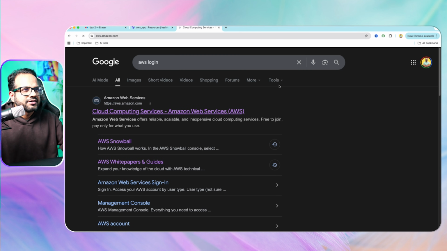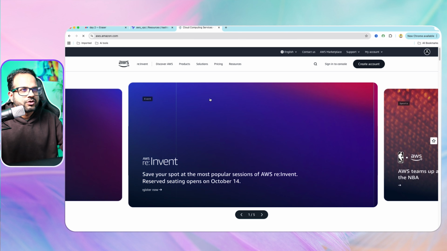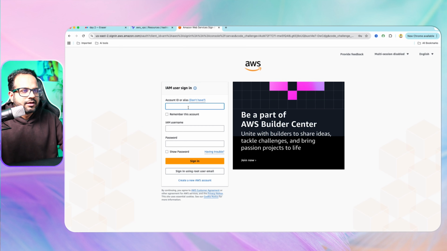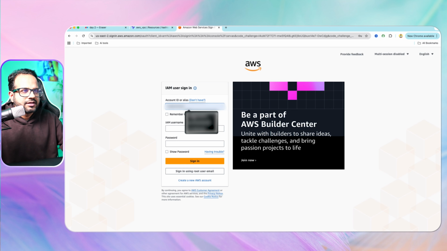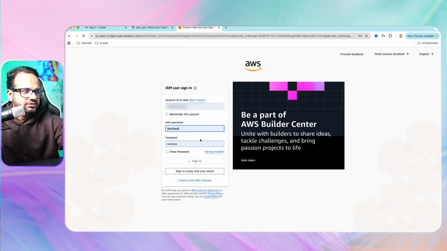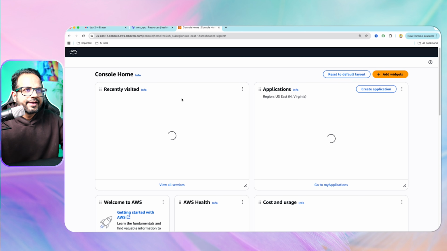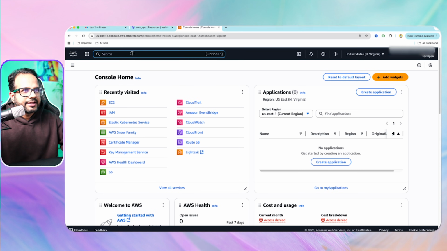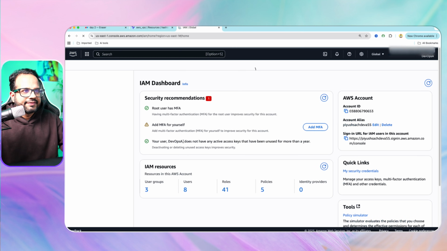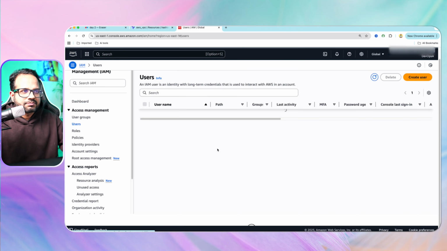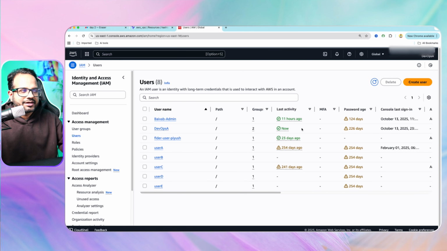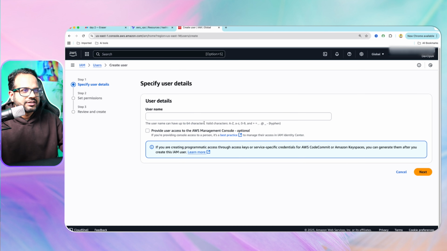All right. Sign in to console. Okay, let's go to my account. Let's select my user, hit enter, and we can go to IAM. Okay, over here it is. And then inside IAM, let's click on any user that has access to create an S3 bucket, or you can create a new user if you want. So let's create a new user,